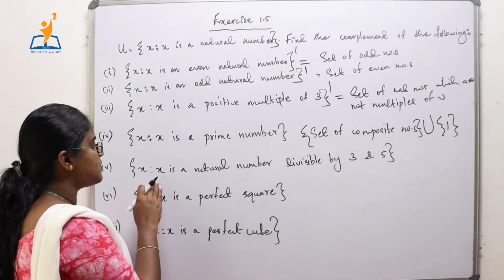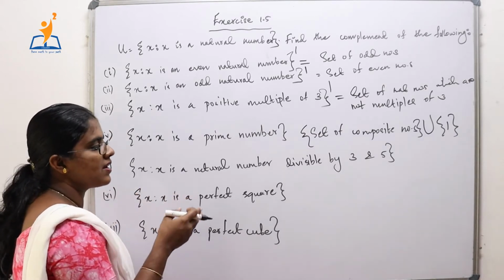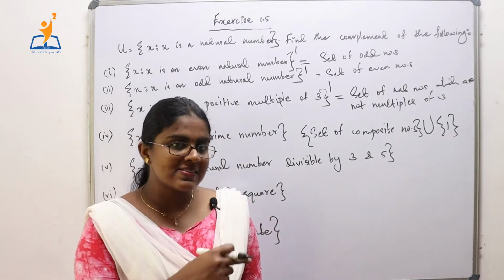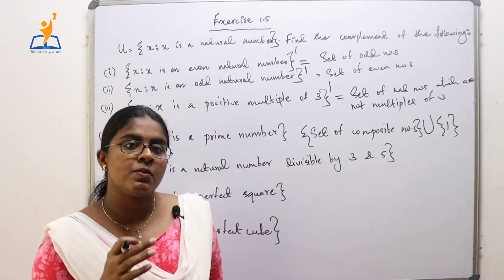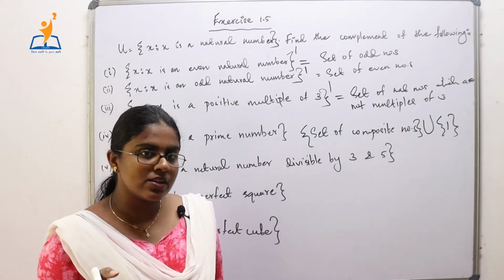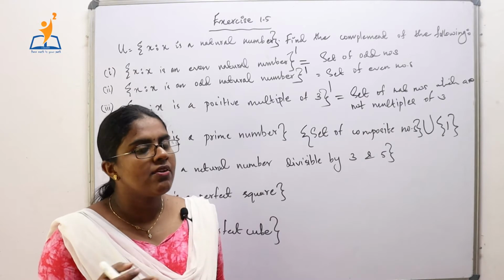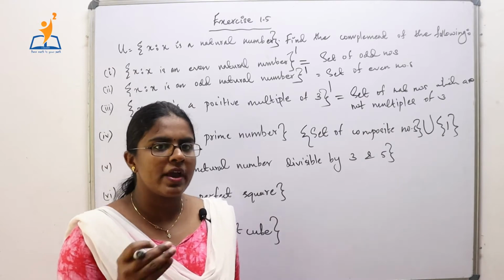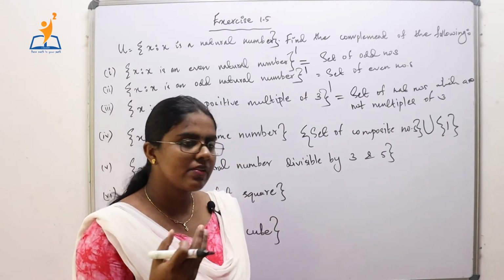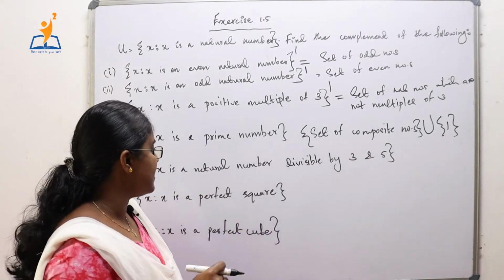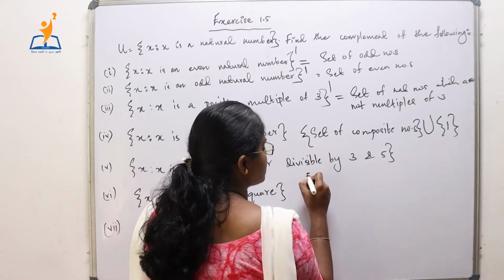Now we have the set of all x such that x is a natural number divisible by 3 and 5. So the set contains the natural numbers divisible by both 3 and 5. Which are those numbers? They are 15, 30, 45, all these numbers are divisible by both 3 and 5. So, what will be the complement of this set? It will be the set of natural numbers